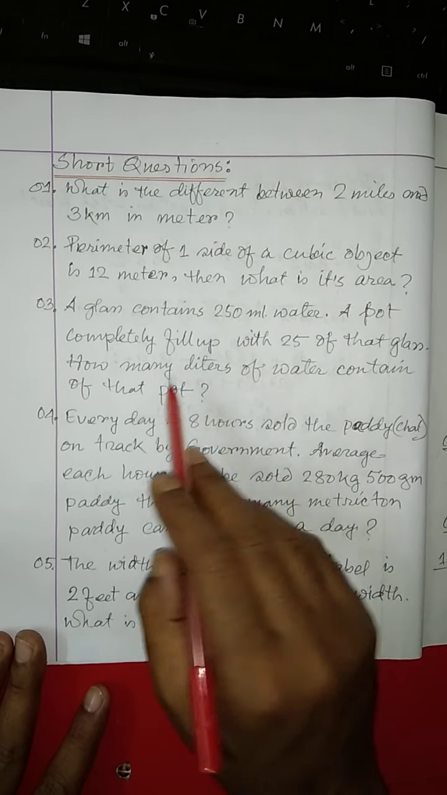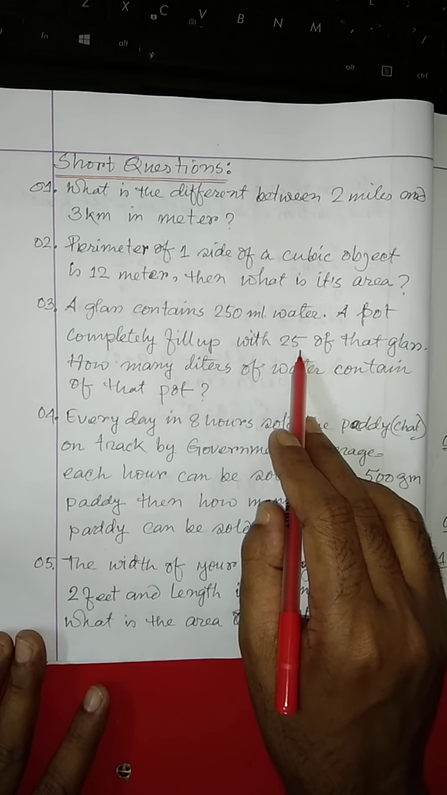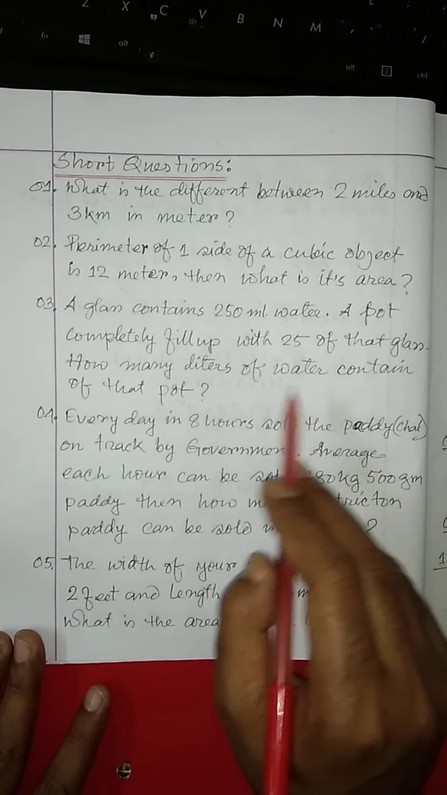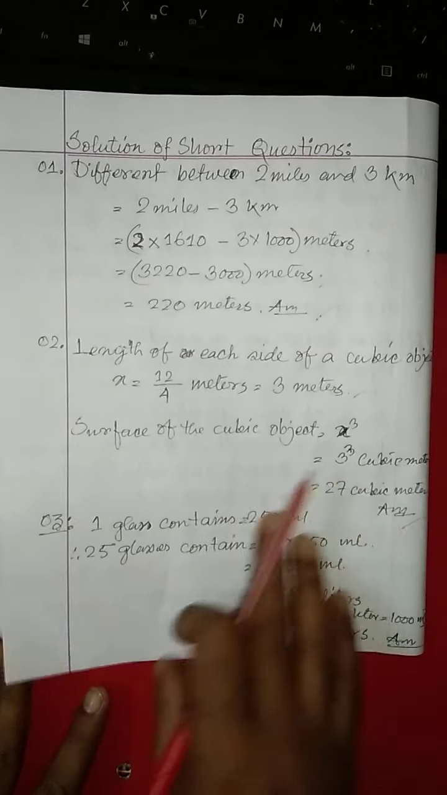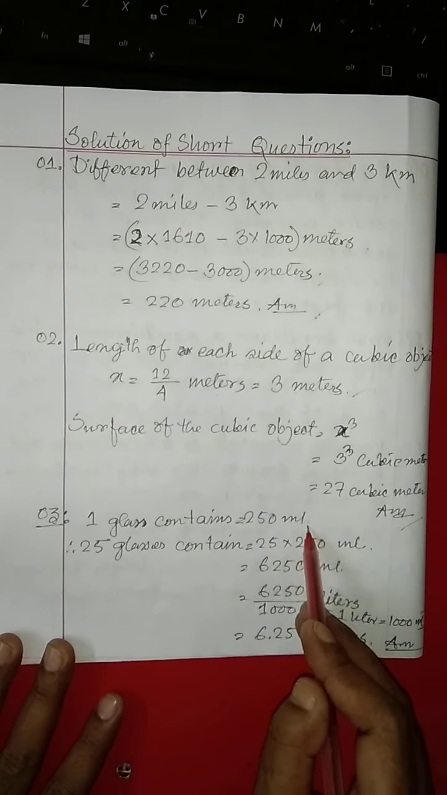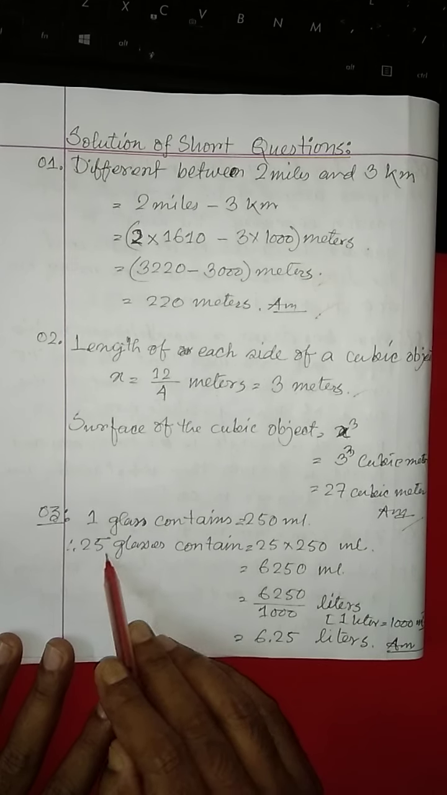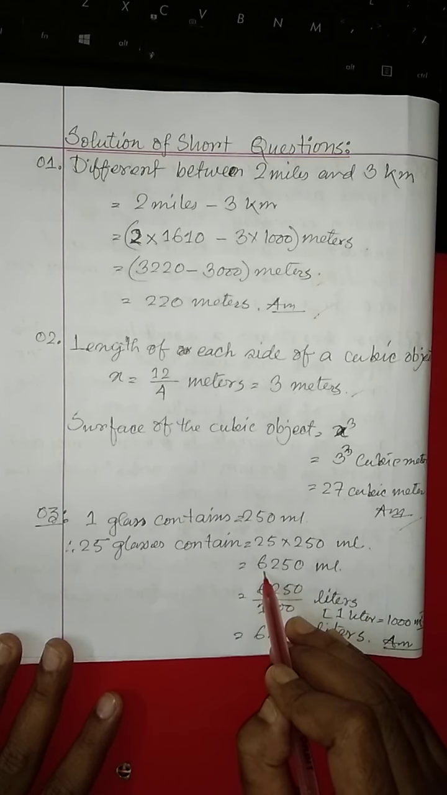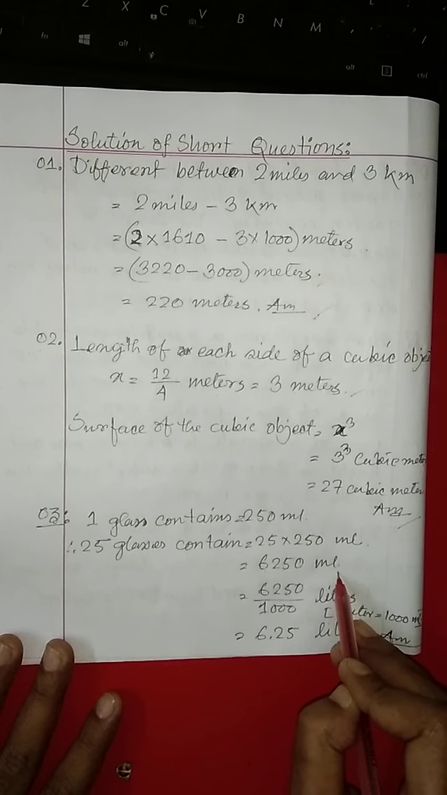A pot is completely filled up with 25 of those glasses, and how many liters of water does that pot contain? So we can start from here. The one glass contains 250 milliliter, and therefore 25 glasses contain 250 into 25. Here we will get 6250 milliliter